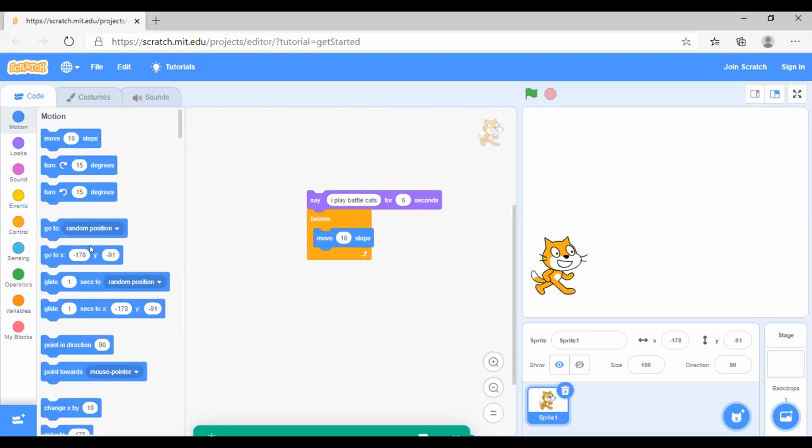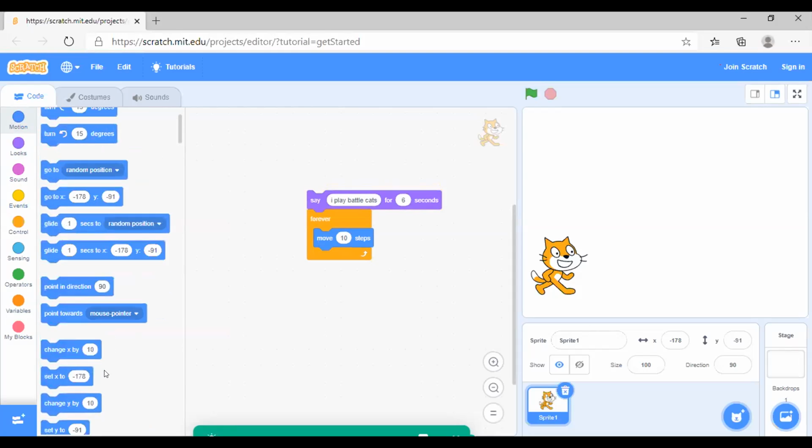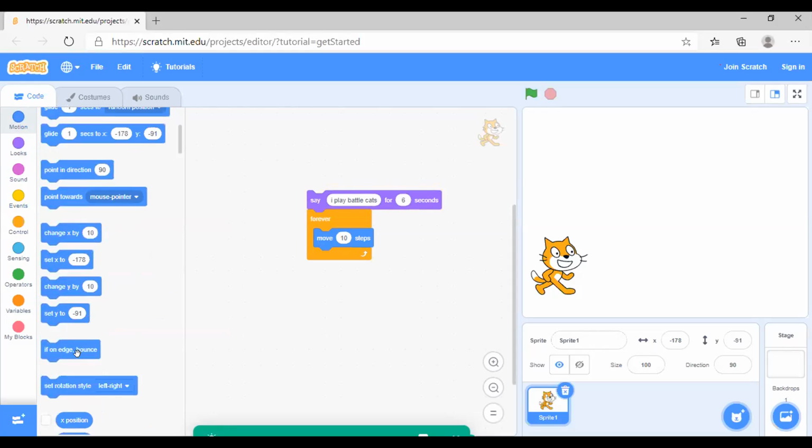Let's scroll down. Put it after move 10 blocks. Very good. And now let's try it. Let's see what happens. Okay, very good.